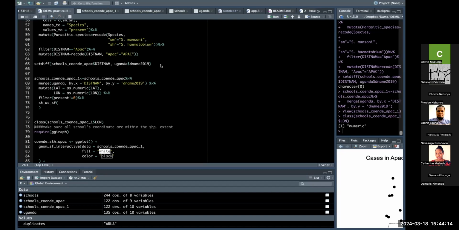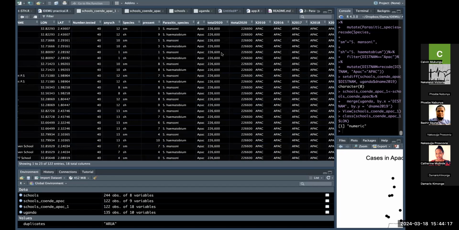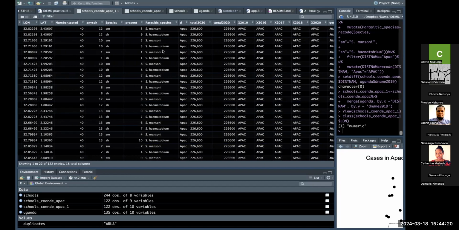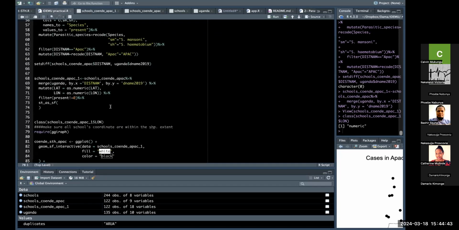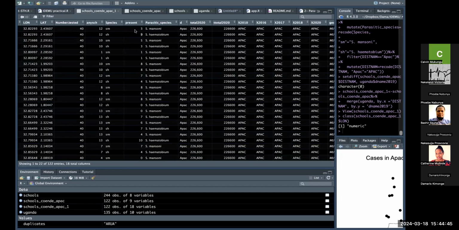What I mean, coendemicity cannot exist if schistosomiasis cases, in this case, is 0, or schistosomiasis hematobium is 0. For us to say that there is coendemicity, we have to observe a value of the various species that we have. So if that is the case, then we have a justification to drop all the zeros,